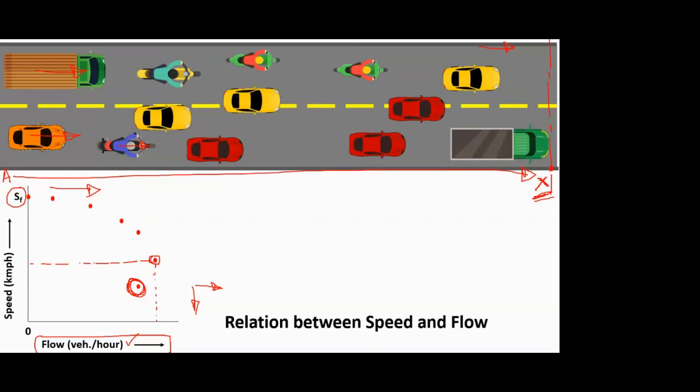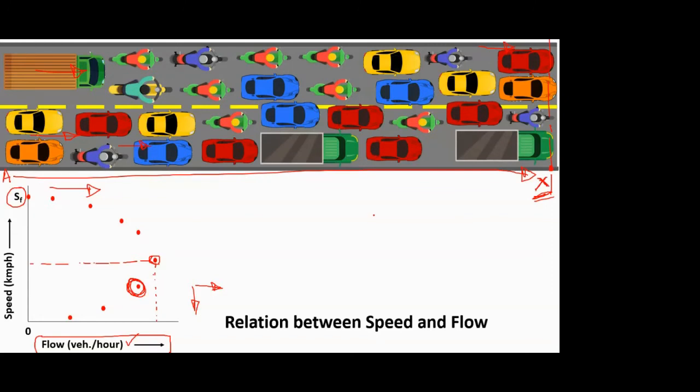Now with more vehicles, again the speed is decreasing, and again the flow, you can see, is reducing. More vehicles, again flow is reducing, and at this condition, again we have taken the same scenario that now it is a fully congested scene, where no vehicle is able to move, all vehicles are at a standstill, and the whole road is occupied with vehicles. So in this case, again the speed is obviously zero because it's a standstill condition, traffic jam or traffic congestion is there. So that's why its speed is zero.